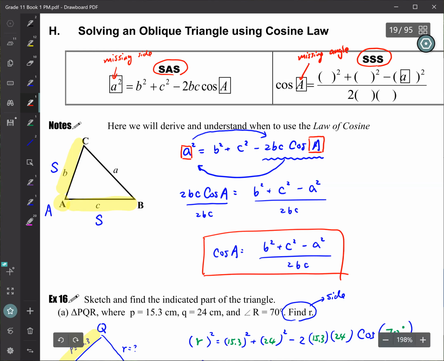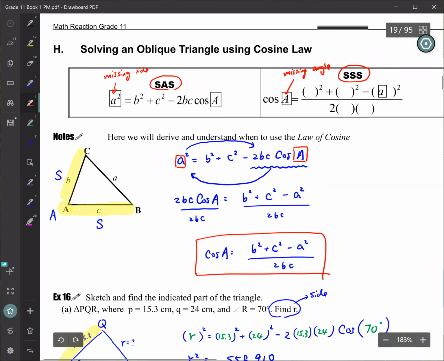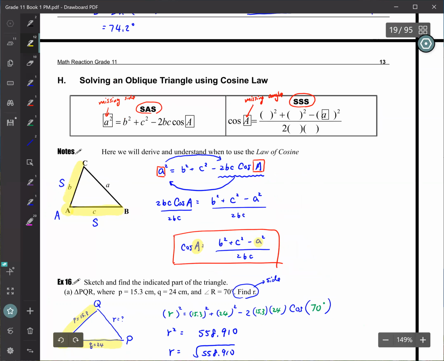So that, right, you can compare. The way to remember this is just to know that for the angle that you want to find, you need to put its opposite side at the end, okay? The other two sides, the b and c, it doesn't really matter. So you will use this one,